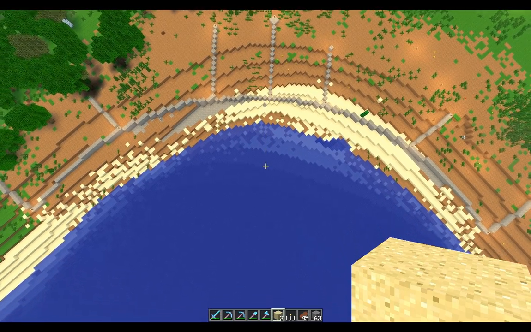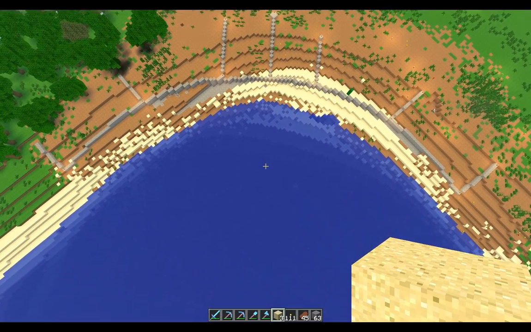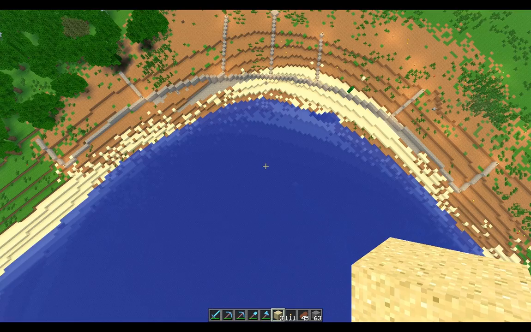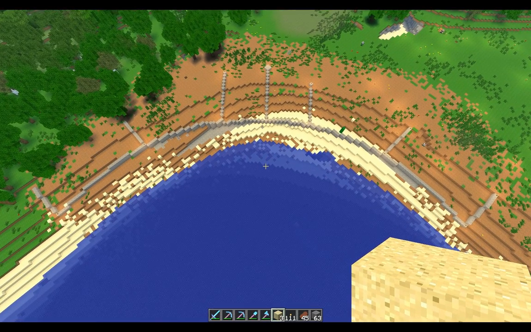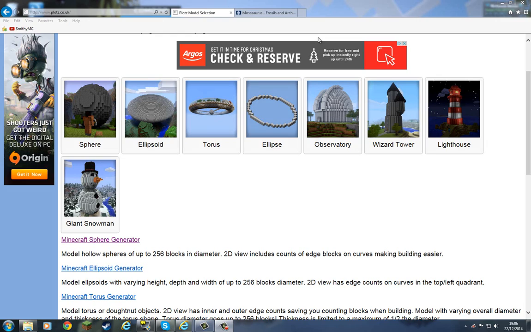And what I'm going to do is cut over to a little program called Plots, and I'm going to show you how it works and where you can download it for different types of circle and spheres. So let's head over there. So here we are then. We are at http://www.plots.co.uk, and you can see here that there's some Minecraft shape generators, and the one we're interested in,